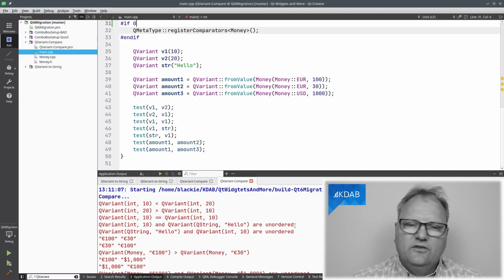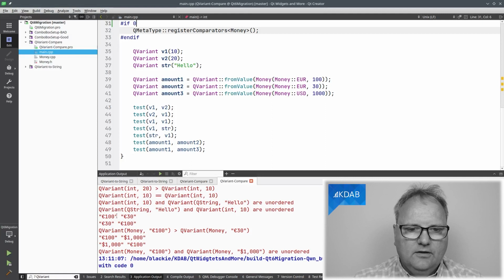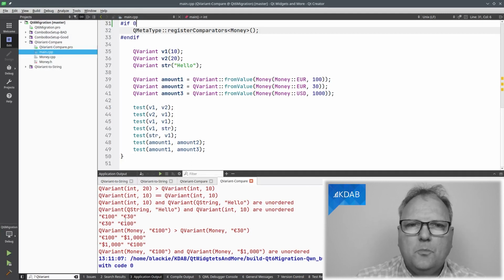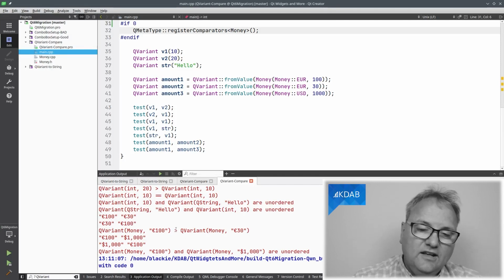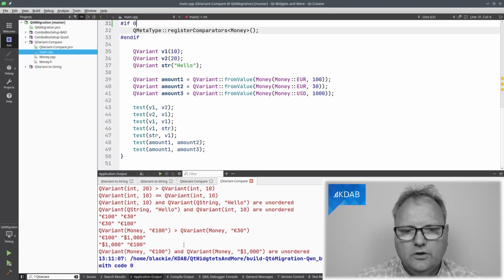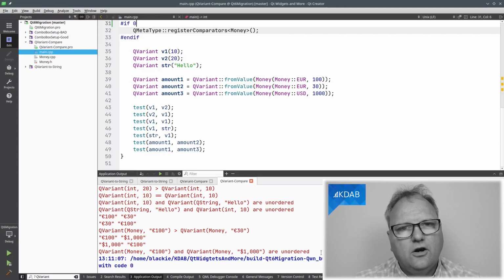So that's where it tells us I cannot possibly compare those. And again, you can see that it is calling my operator less than, and it tells me that 100 euro is greater than 30 euros. And interestingly enough, it also tells me that 100 euros and $1,000 are unordered.